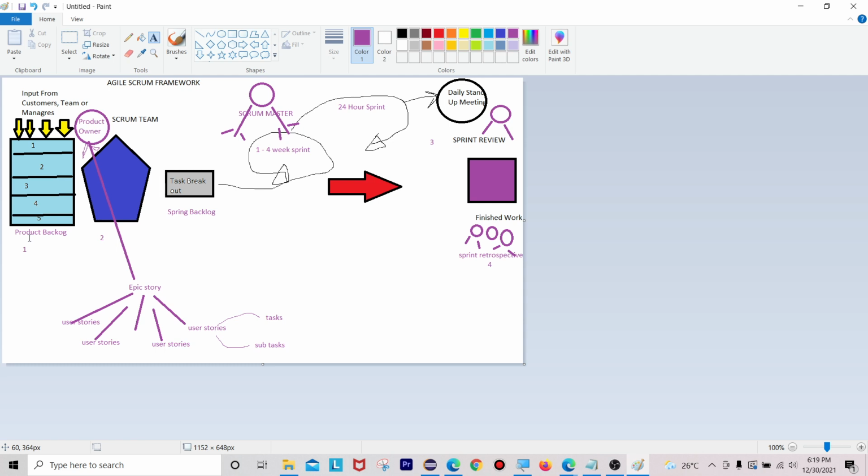The product owner owns the product backlog and writes the user stories, then prioritizes them, and he decides the release date of that product according to the priority. Then only he will give the user stories. The product owner knows the end to end flow of that product.